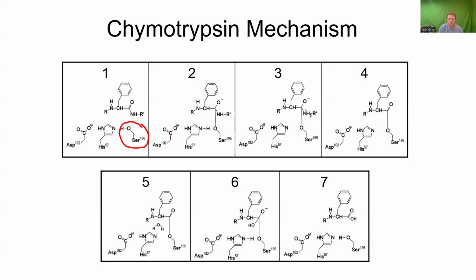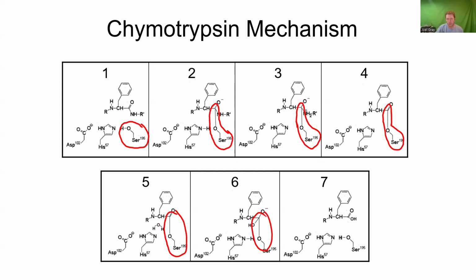Serine over here, okay? It's got the hydroxyl group. Next cell, boom, that hydrogen's gone. Not only that, but that serine has a bond going up to our substrate. Third cell, same sort of thing. And oh man, our bond with our substrate gets pretty complicated. Fourth, same. And oh, our substrate's changed. Fifth, sixth. Oh, it seems to me like that serine looks like it's pretty important for establishing a covalent bond between our